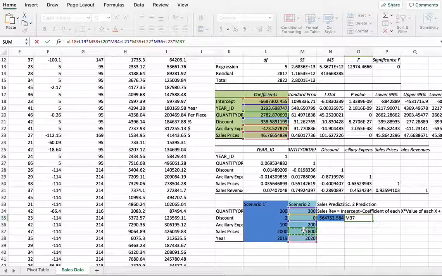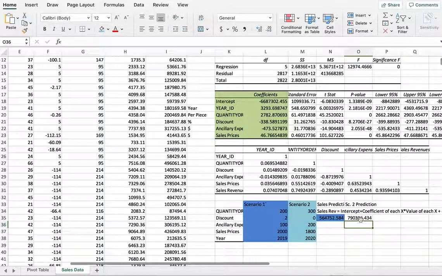And then we enter and it says, based on that, it's likely to be